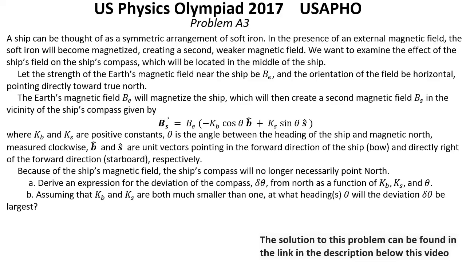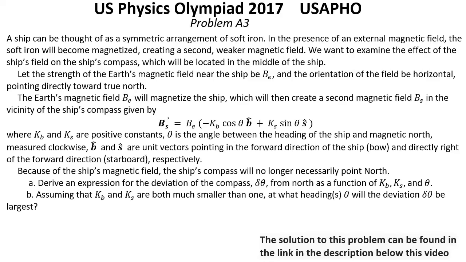Problem A3. A ship can be thought of as a symmetric arrangement of soft iron. In the presence of an external magnetic field, the soft iron will become magnetized, creating a second, weaker magnetic field. We want to examine the effect of a ship's field on the ship's compass, which will be located in the